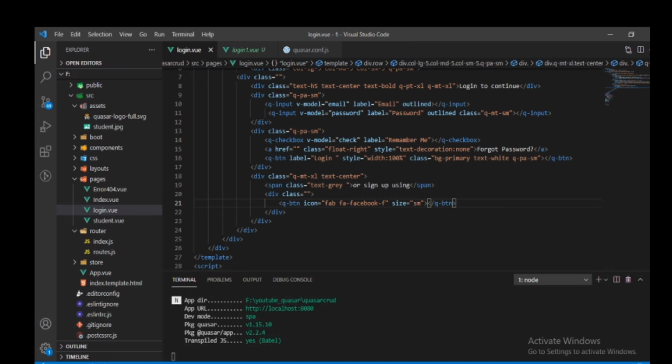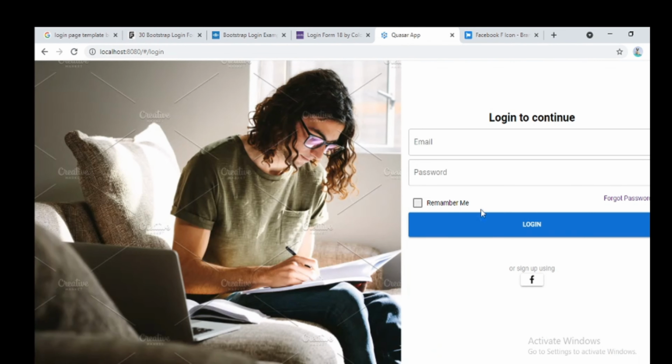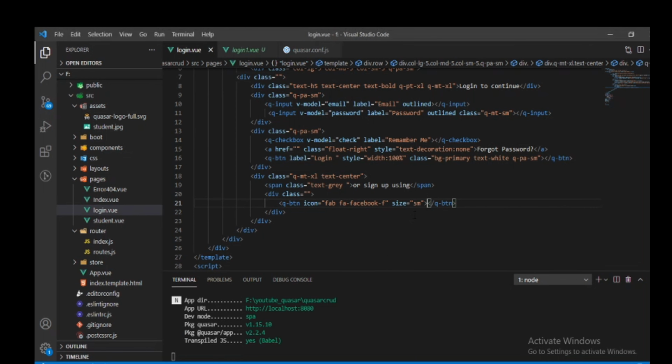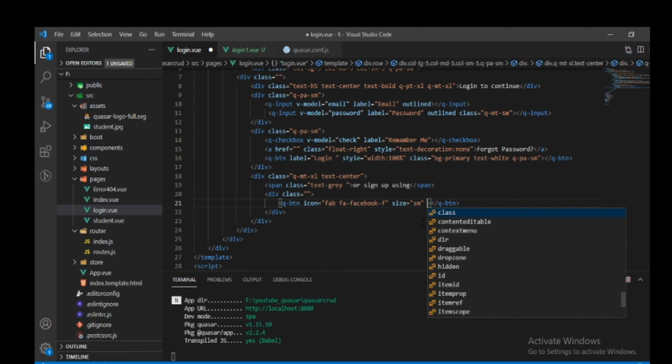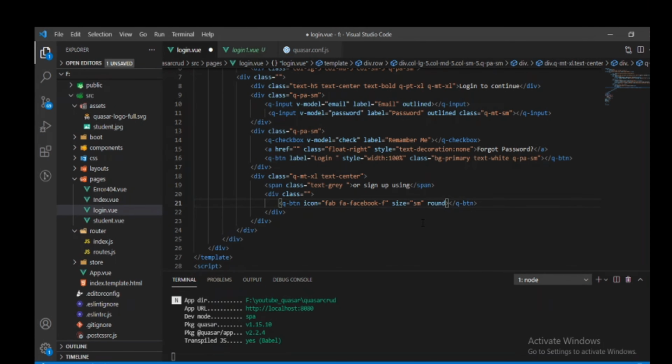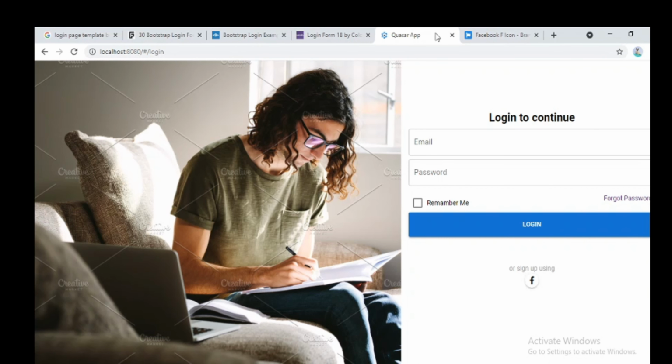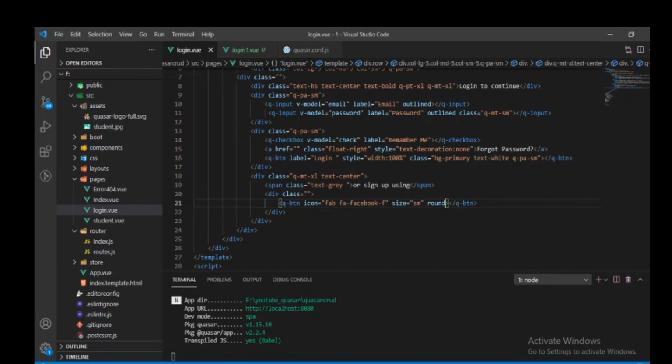Let's see. Okay, we'll now make it round. Okay, and bg color will be bg-blue, and text-white.